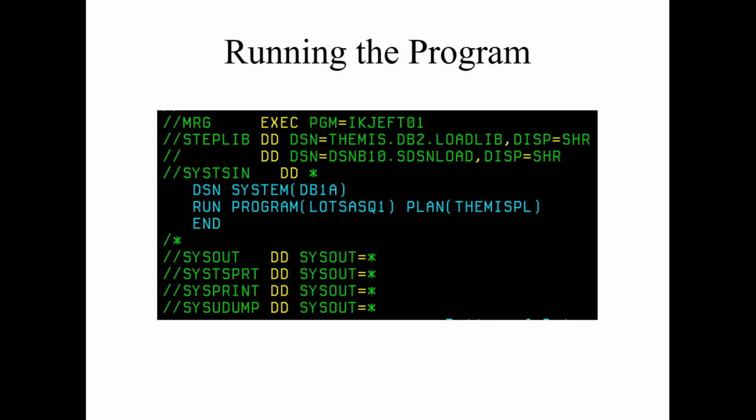And another way of saying that is, if you had an application that was made up of 50 modules and you recompiled program 27, the bind would have to bring in all 50 DBRMs, meaning the one that changed plus the 49 that didn't, and we'd have to bind it all again together. So a plan is not a modular way of doing things, but it is still what I point at